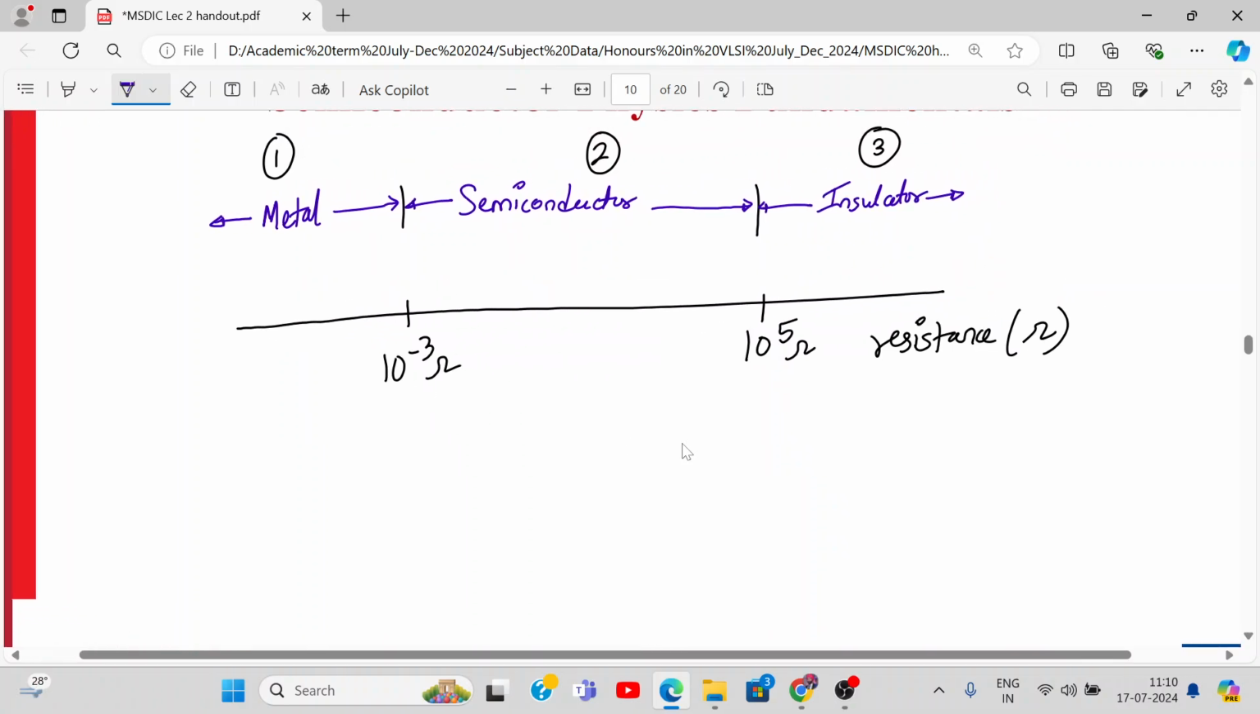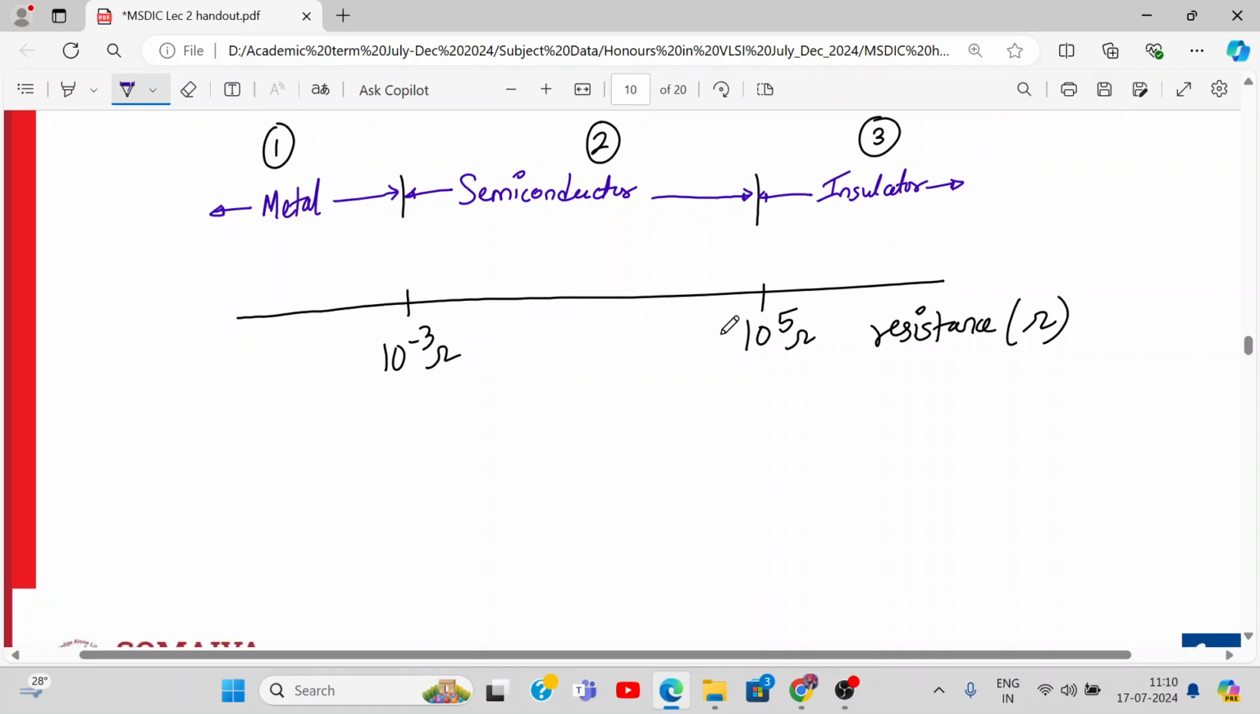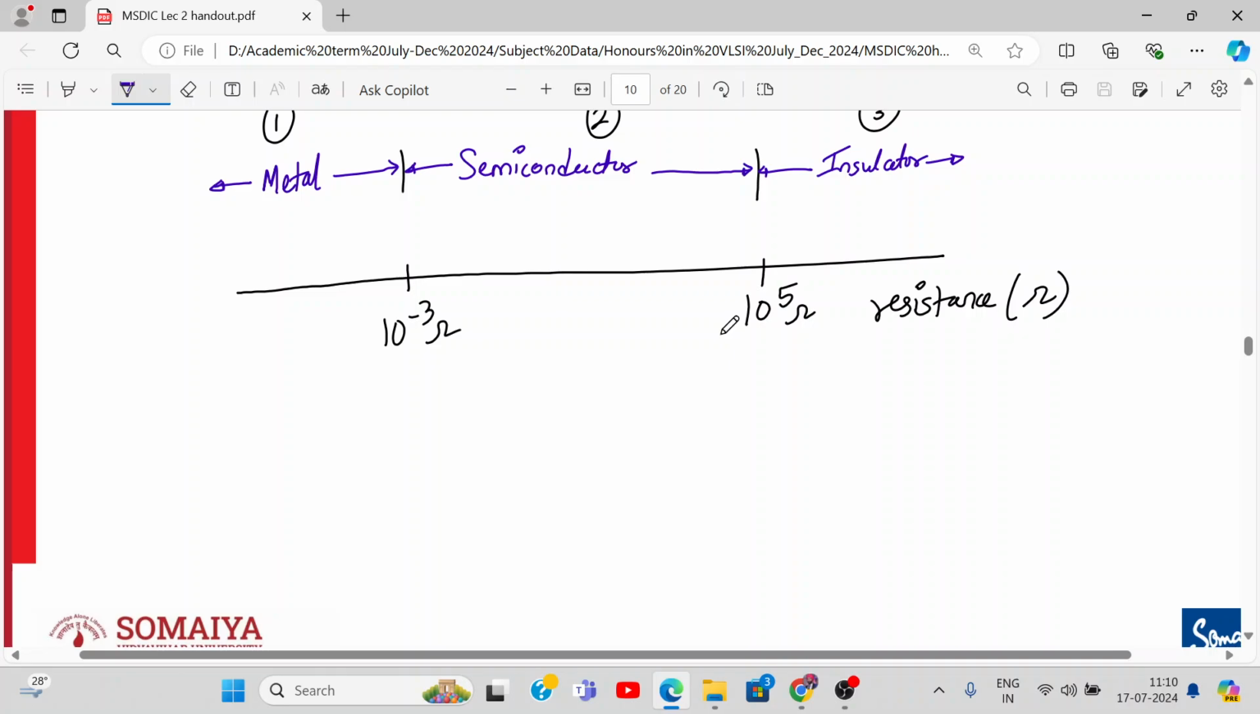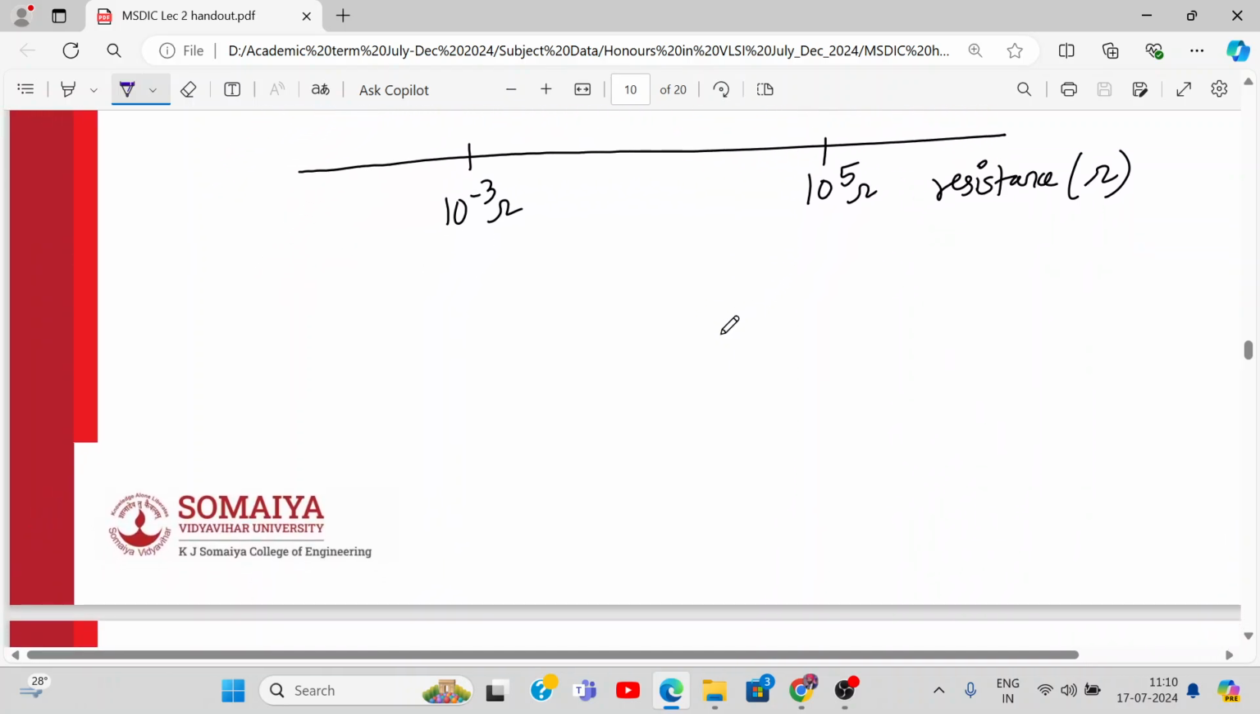For metals, how do you identify them? Their resistivity or resistance is very low. Semiconductors can vary over a large range, and insulators have a very high resistivity, very heavy resistance to the flow of electricity. Okay. Now the last point I wanted to discuss, just 2 minutes more, is